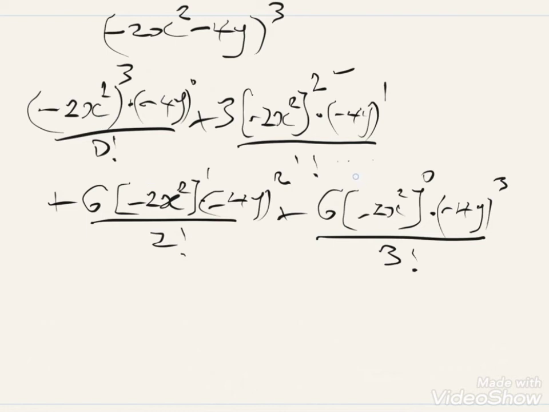1 factorial is also what? 1. Now in this case, 2 factorial is equal to 2, that is 2 times 1. 3 factorial is equal to what? 6. Okay, so we know that (-4y) all raised to the power 0 is 1 by the law of indices. So this reduces to